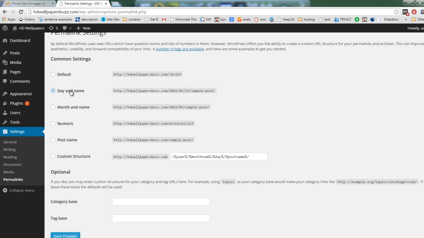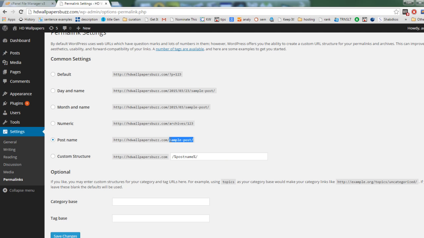You can have date and time. This will show like this: your domain followed by year, month and date, and then the name of the post. And you can have only month and name of the post. Numeric if you want, but most of the webmasters use post name,